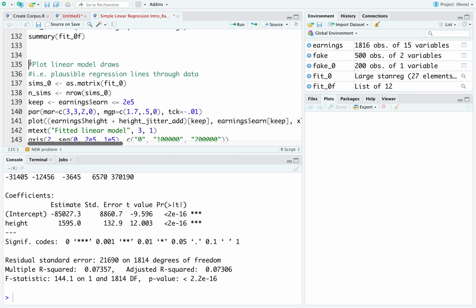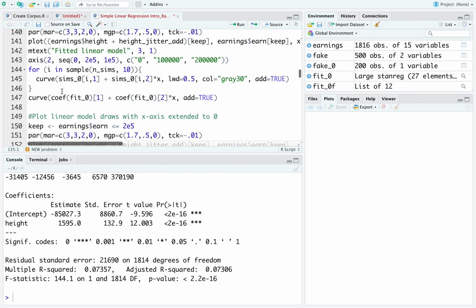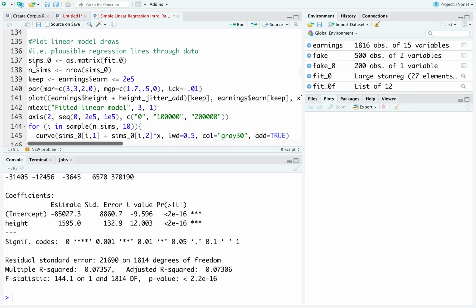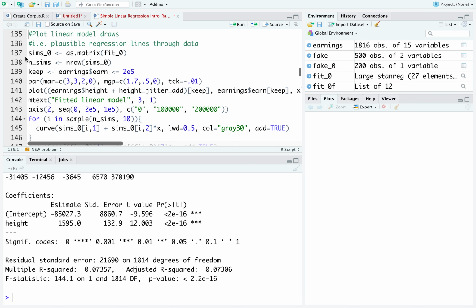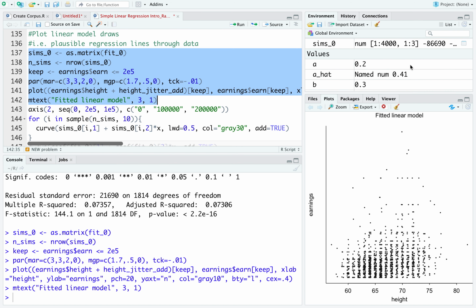I want to plot this. I want you to notice I'm going to draw a number of different lines to the data. Let's see if this comes out. So there's the jittering. What it does is, when I'm not seeing observations anywhere in an interval, when they tend to fall in like,